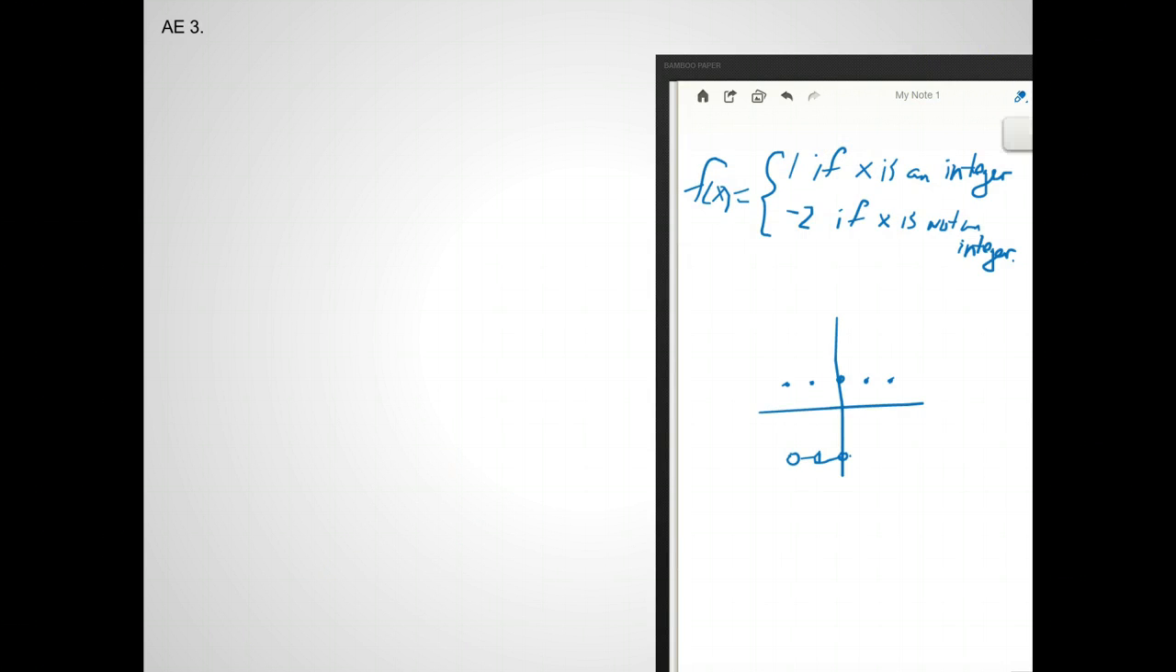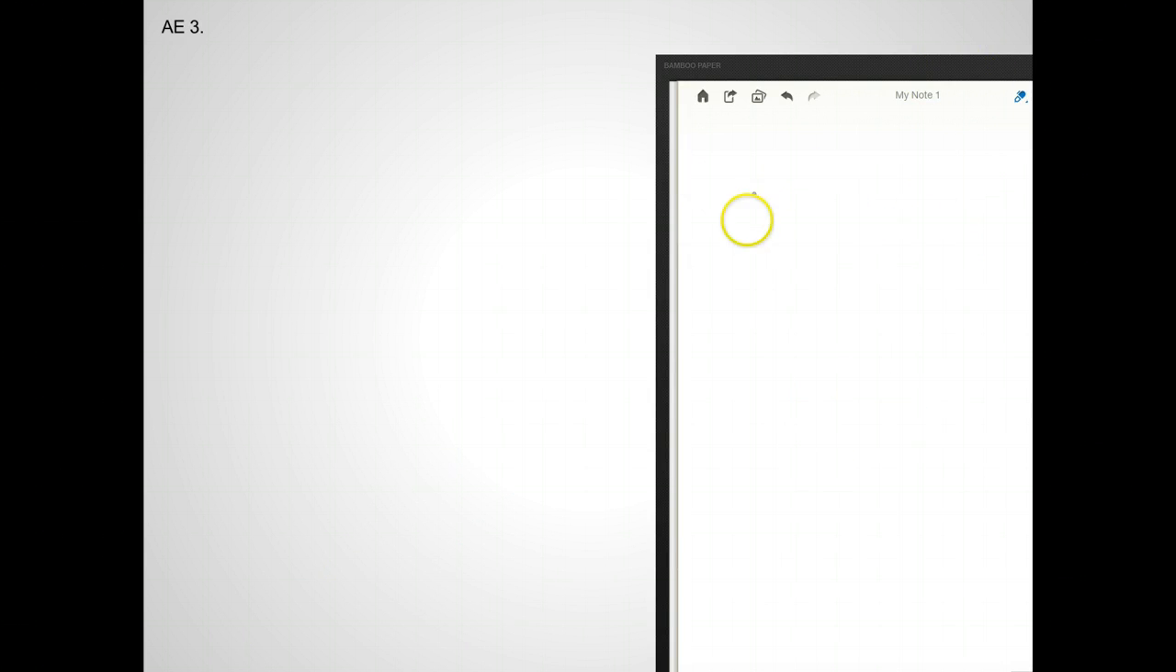Additional example 3 is a function that has quite a rule to it. Let's take a look at that. I'll clear this page. And our rule for this function is going to be,